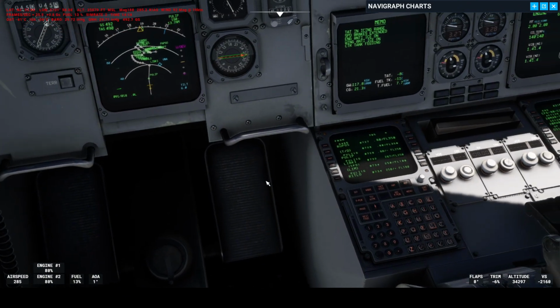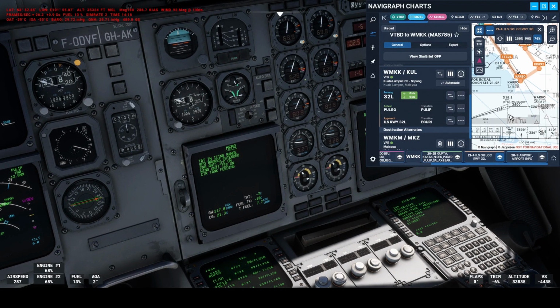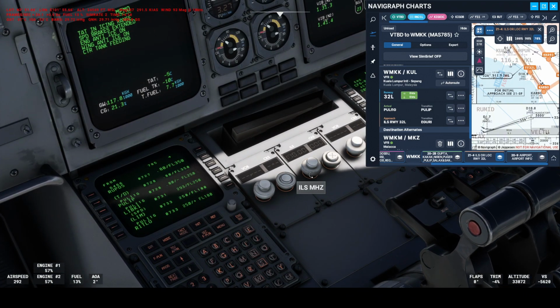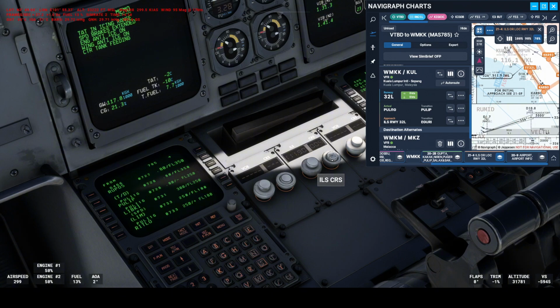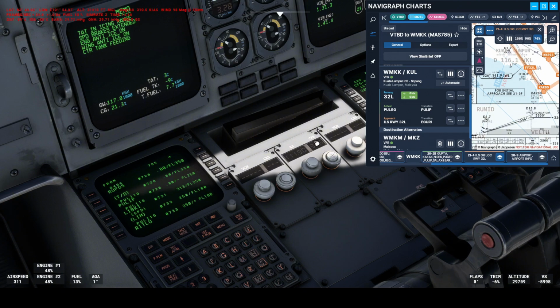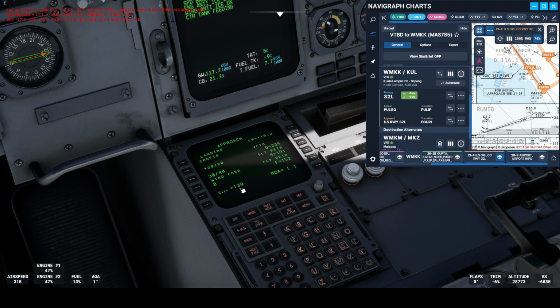Right, that's working now. And now we're going to enter in our RLS. So 11.9, and our course is going to be scrolling this way because it's faster. 326. So that's our RLS all set for when we are coming onto approach,